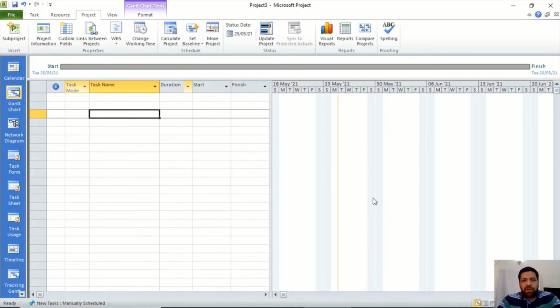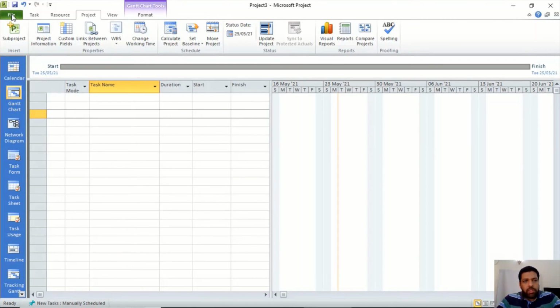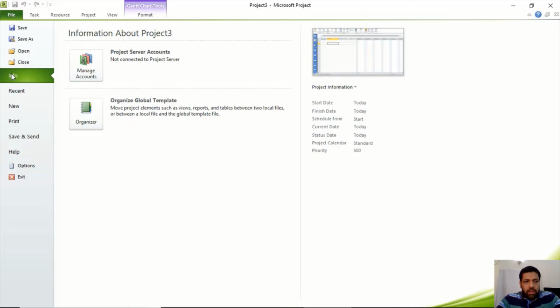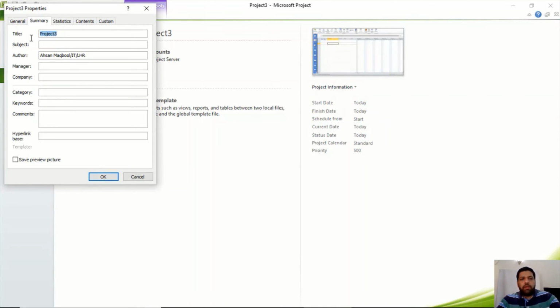Is this all done? No. One final thing, we have to name our project. So come into File, in Info there is this Project Information. You come here and go into Advanced Properties. Here, in Summary, we mention our project.